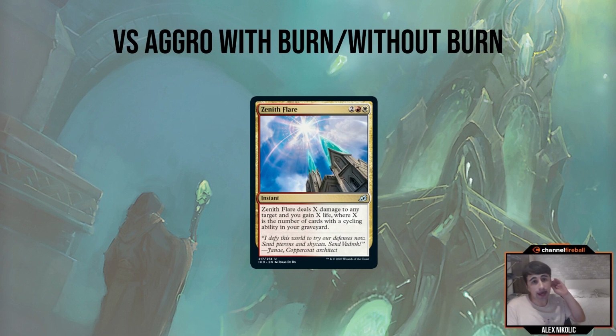When you're playing against an aggro deck that has burn spells, and when you're playing against an aggro deck that doesn't have burn spells, they often play out pretty differently. And this is something that PV goes into depth in, and I think he probably does a better job of explaining it than I do, but